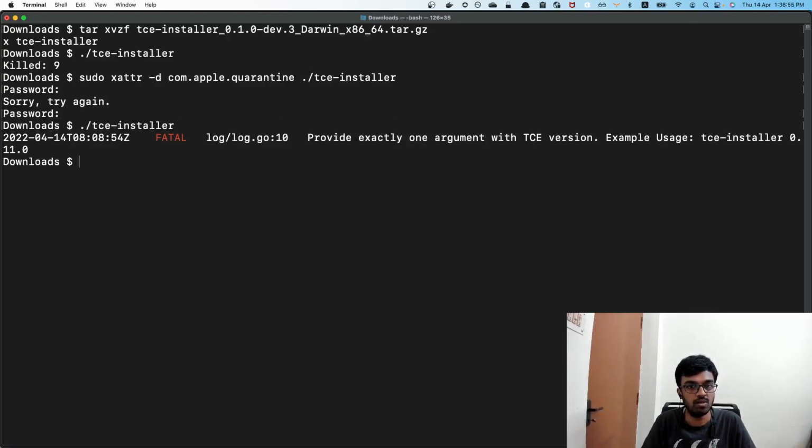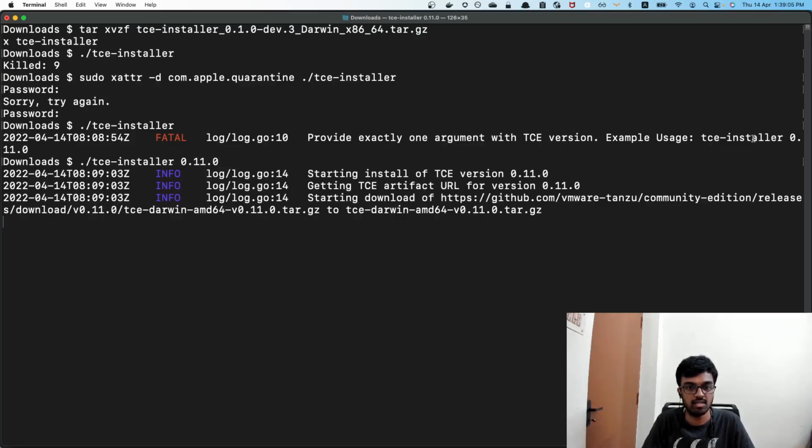Cool. So now I run this and it says provide exactly one argument with TCE version. Example usage is this. So let's say I run with 0.11 and you can actually see it putting logs around saying starting install of TCE version 0.11.0, and then getting the artifact URL and it's starting off the download of